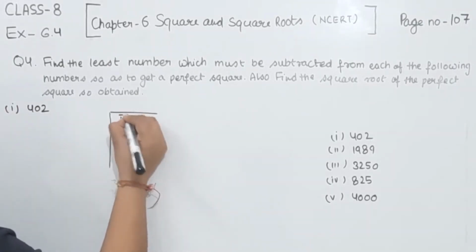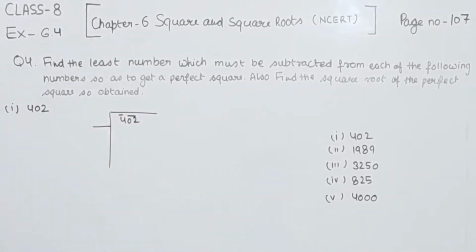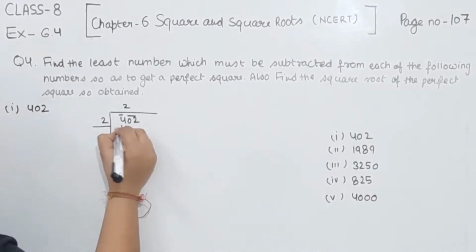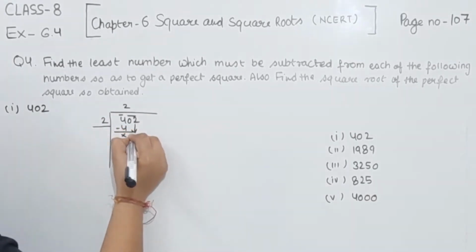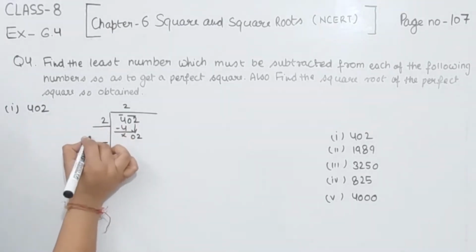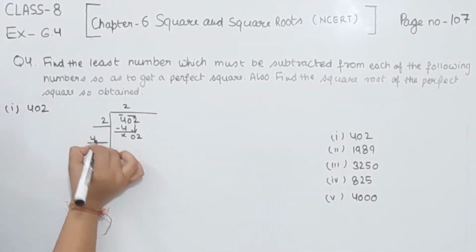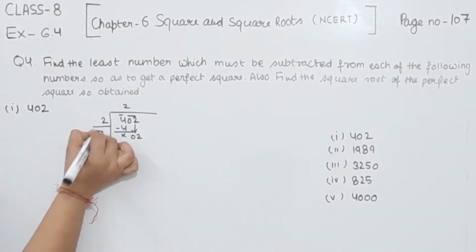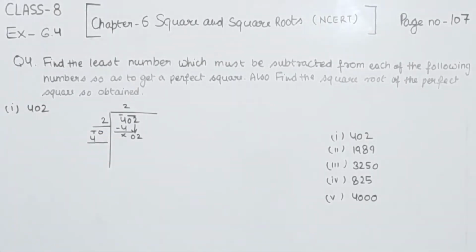First of all, we are going to make the pair. So this one we are having. Now we are going to take the number. 2 2s are 4, not having any remainder. Then we are going to take this pair. Now we are going to double this one. So 2 2s are 4. Now this is the tens place we are having. We have to find the ones place. So I'm going to write here.